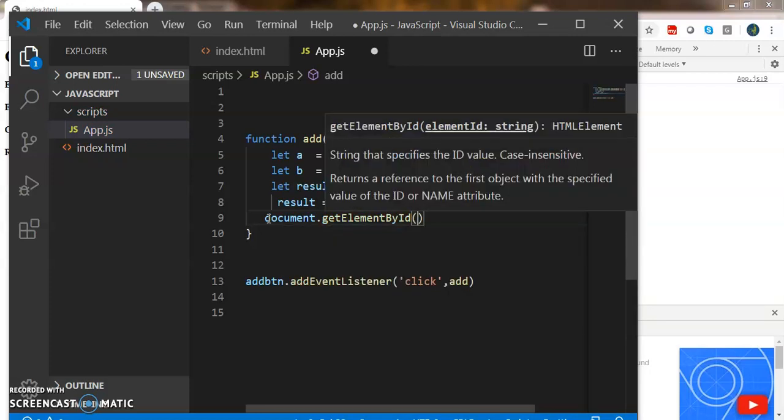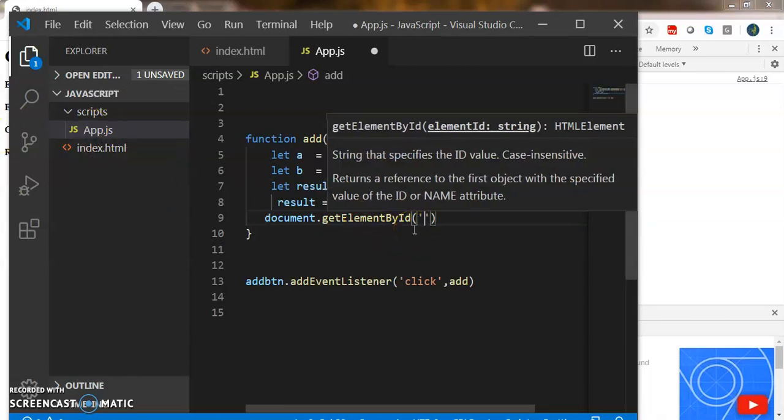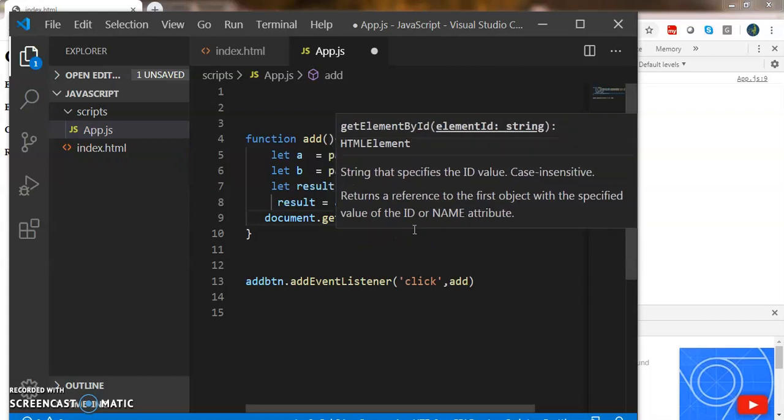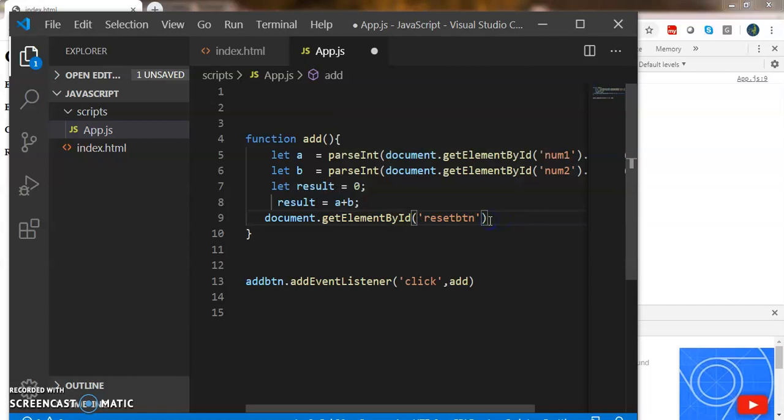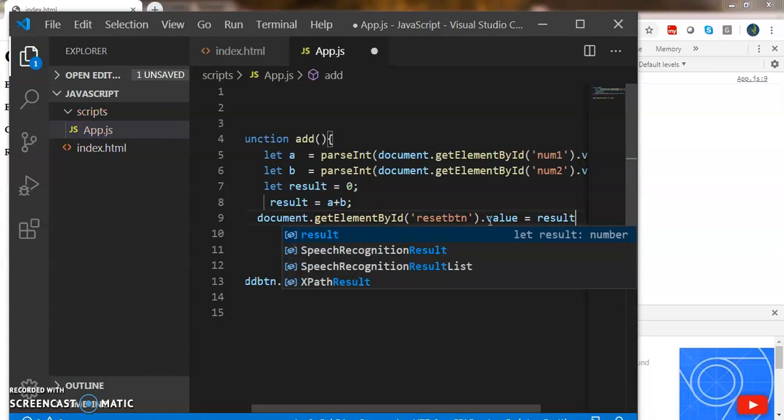The ID name is result, dot value as result.